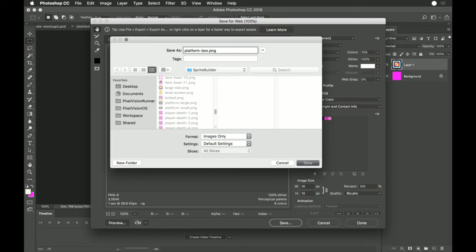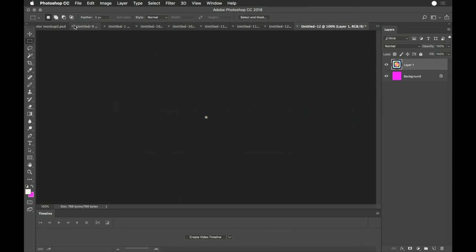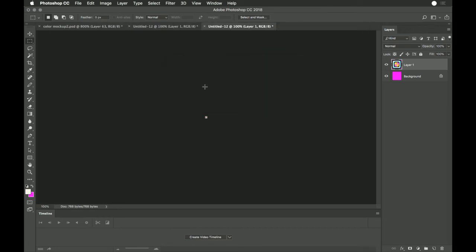Platform box. I don't know, whatever. Platform box is a good enough name for me. I don't want to save. All right, so we're going to do a single font, and we'll just put